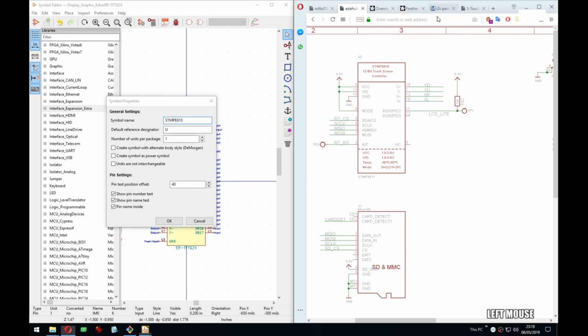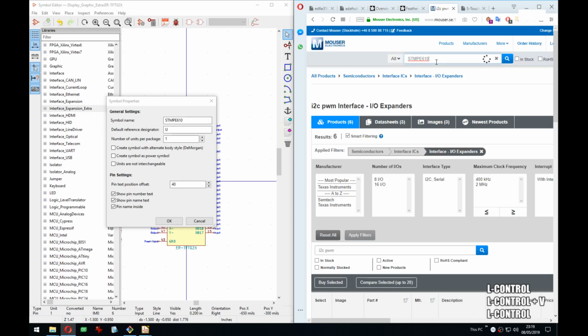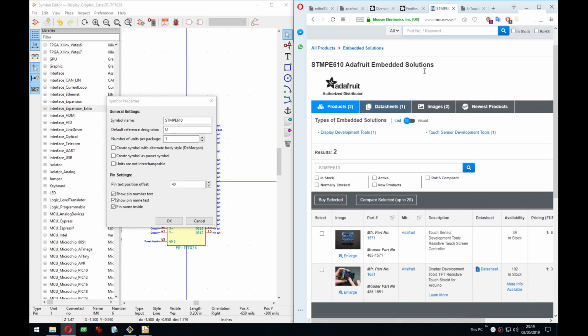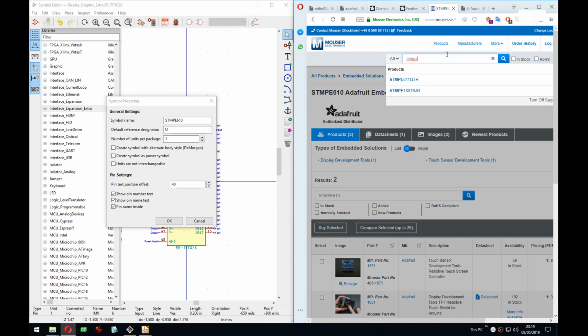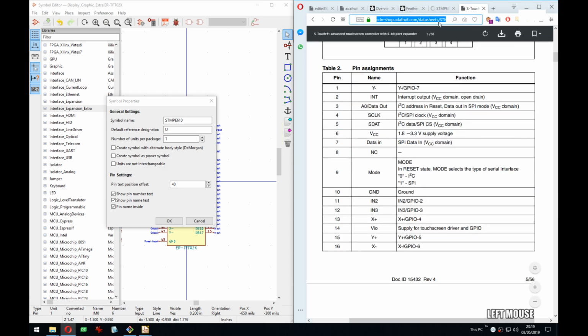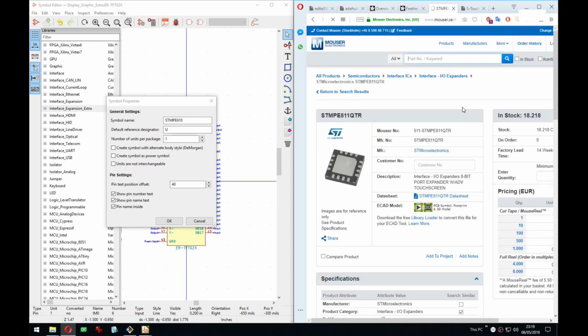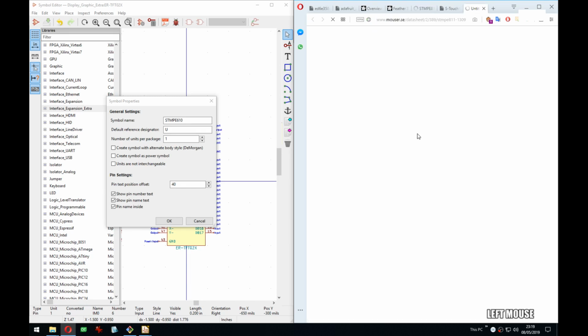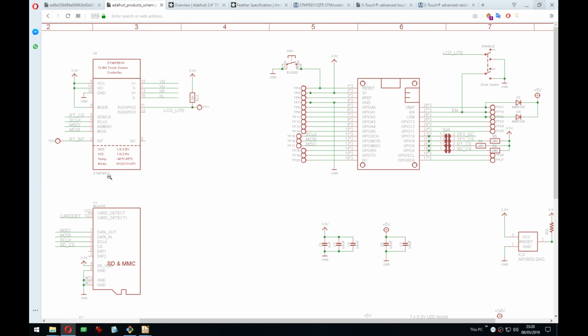STMPE610. What I want to see is, because Adafruit symbols, I don't want to badmouth them, but they have a tendency to put only a partial name of the actual part. Okay, now this is very strange. STMPE6... Oh, was it 8? See, that's not right. Didn't I just find it? Or is this a different one? Because if it's not on Mouser, that's a bit of a bummer. Oh, you know what? This says 610 here, but then E811 here. That's why I got confused, because I was fairly sure I found it before. This is why. So do they actually have the wrong...